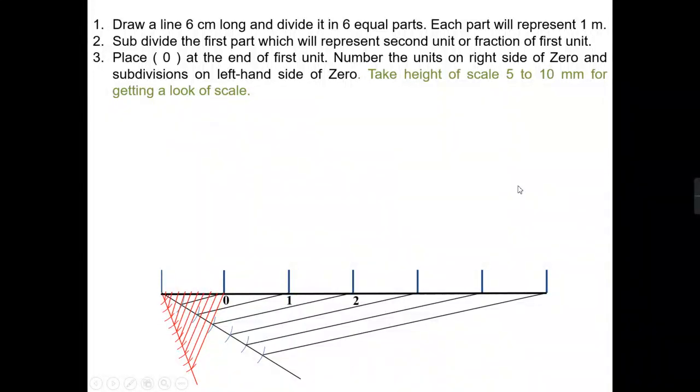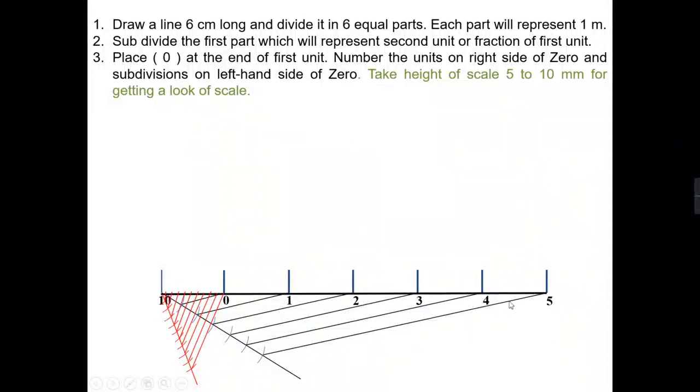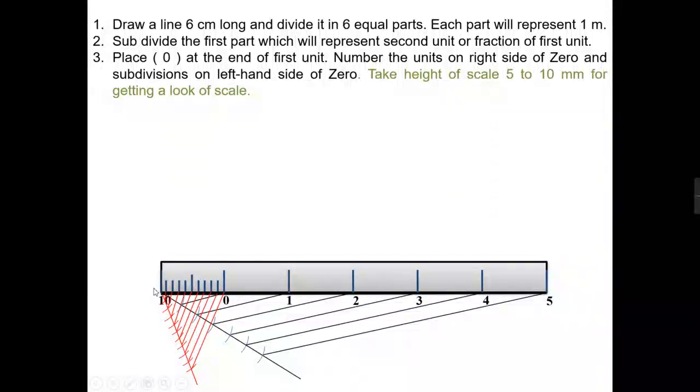so here I am marking the points. Okay, so here 0 to 5 and here 0 to 10, because if there is no space for writing the numbers, you can just put the 0 and at the end of here it is 10. Okay, after that I will complete the drawing. Then after completing the drawing, I will put the unit of the scale.